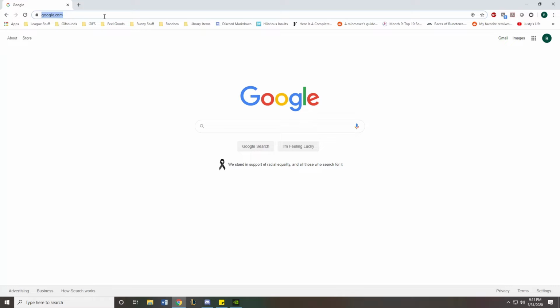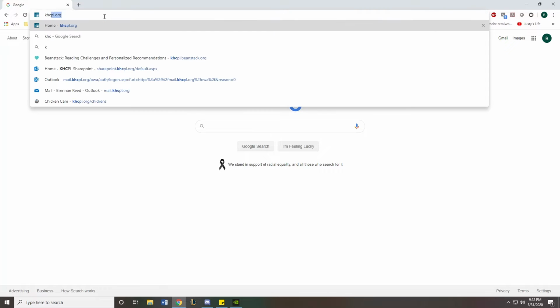I'm going to give you a very quick tutorial on a few things you can do in Beanstack this year, which is our online or app version of how you're going to keep track of your reading and participate in summer reading this year. So the first thing we're going to do is type in